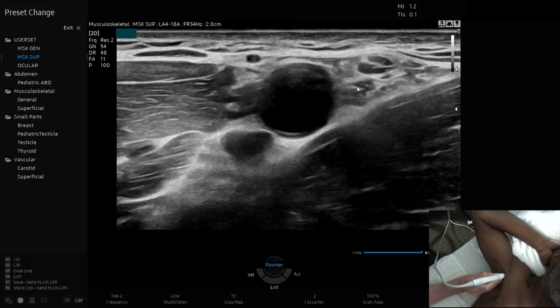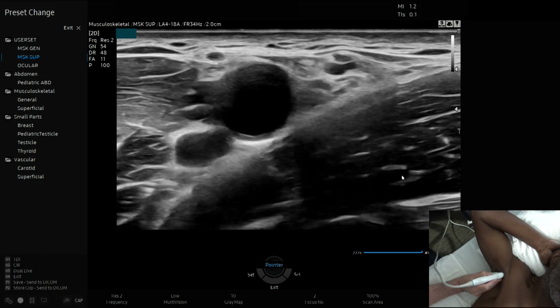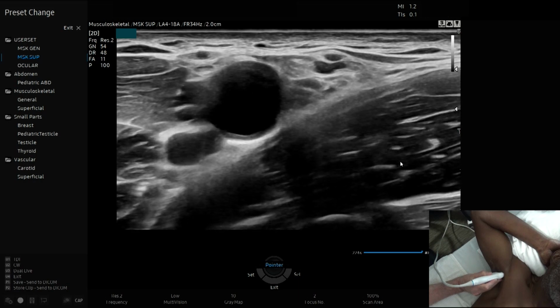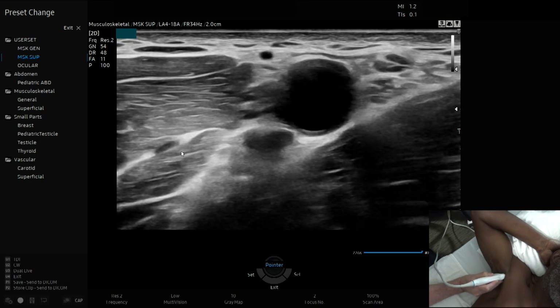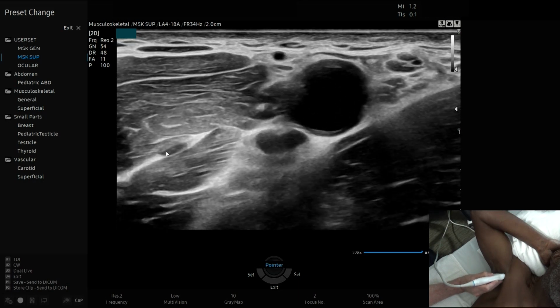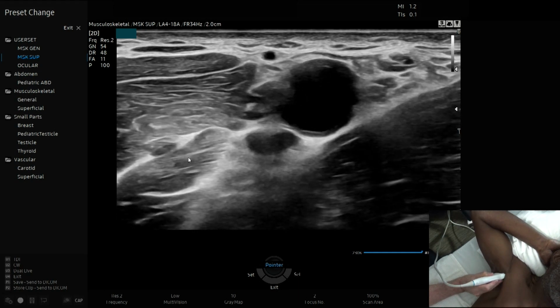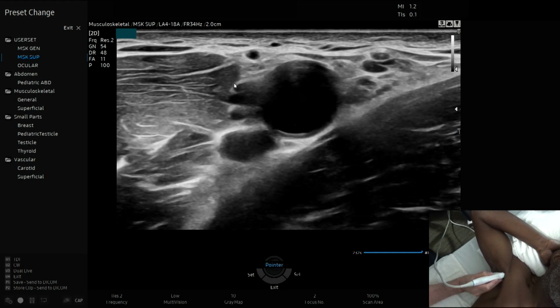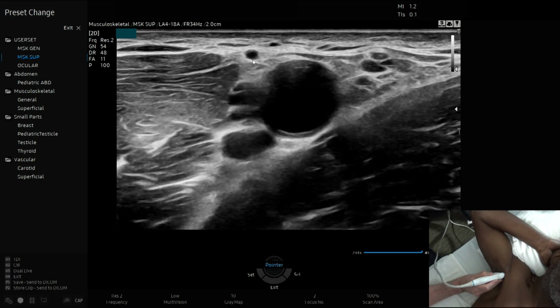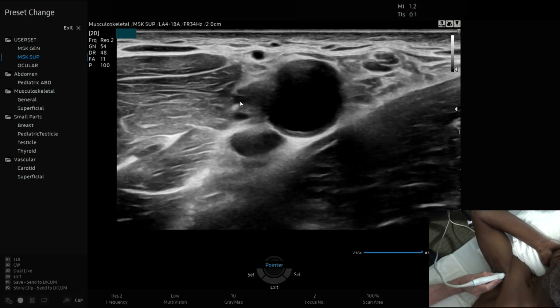This is the radial nerve. This is the triceps brachii, and we can see that muscle architecture there. Over on this side, we see the musculocutaneous nerve as it traverses through the coracobrachialis. The median nerve is here, so we have both the medial and lateral roots of the median nerve that converge